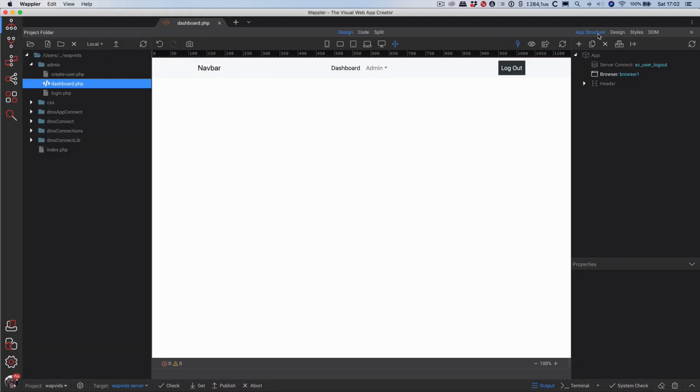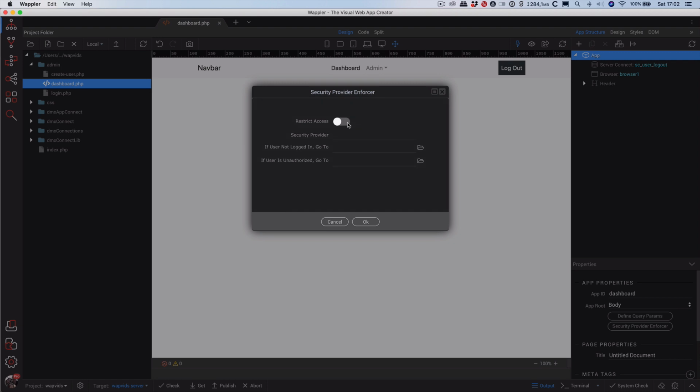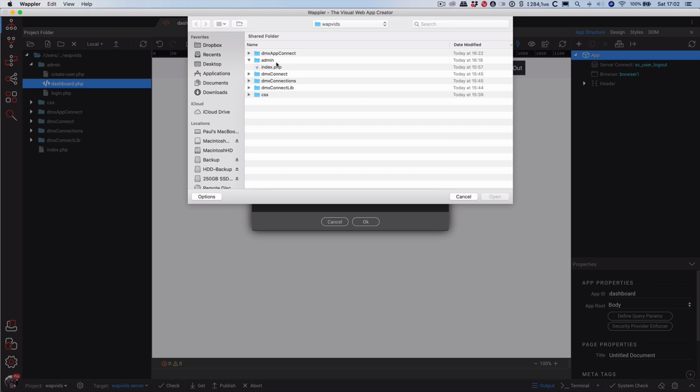What we want to do is go to the main app and add a security provider enforcer. What this will do is, if the user is not logged in and they don't have a cookie set or whatever it may be, they are going to get kicked back to wherever I tell them to get kicked back to. So I'm going to turn on security restrict. The security provider is the same throughout. Where do I want that person to go back to? I want them to go back to the login page,